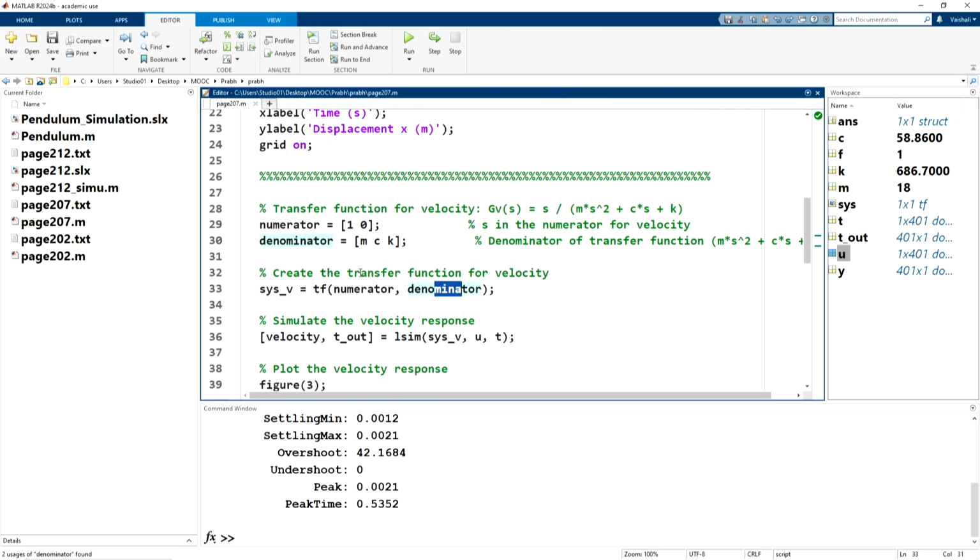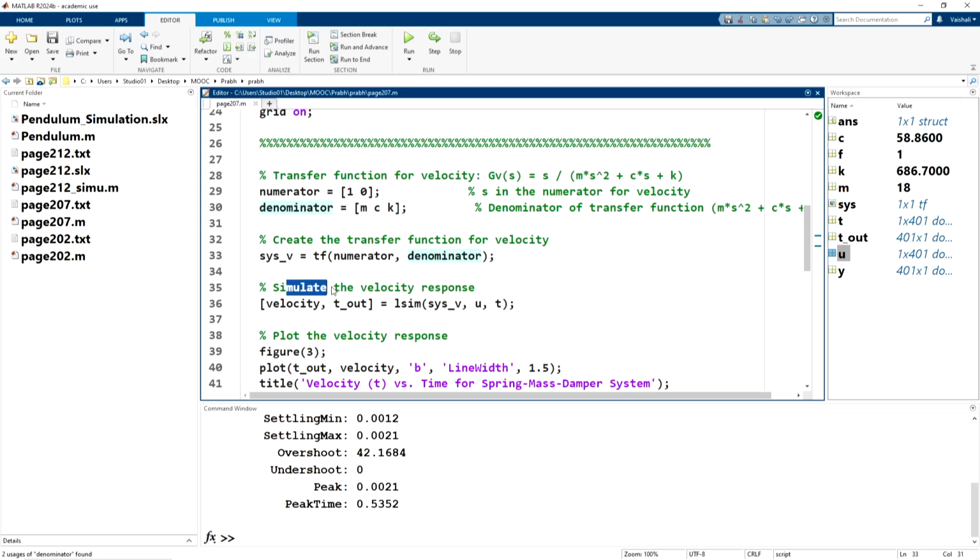Then finally we do the same process. We follow the same process here, simulate the velocity response. Here output I have represented as velocity, and the t output vector is velocity and t, and I've again used the lsim syntax here, sys underscore v, which is this variable, comma the input u, comma time variable t.